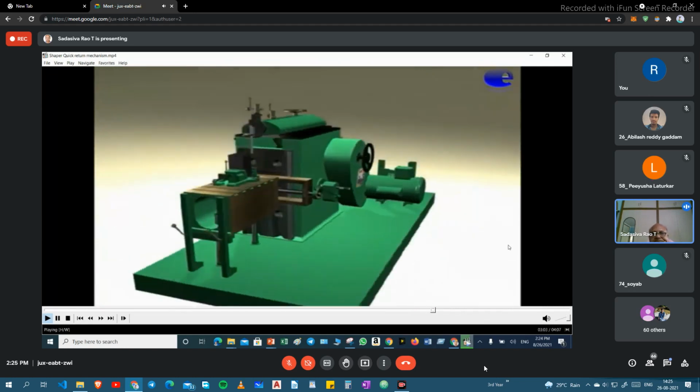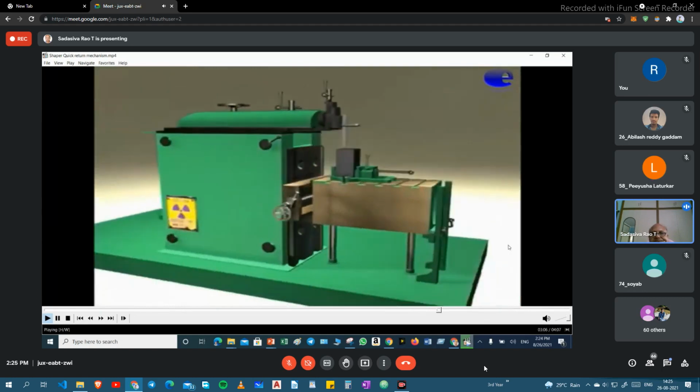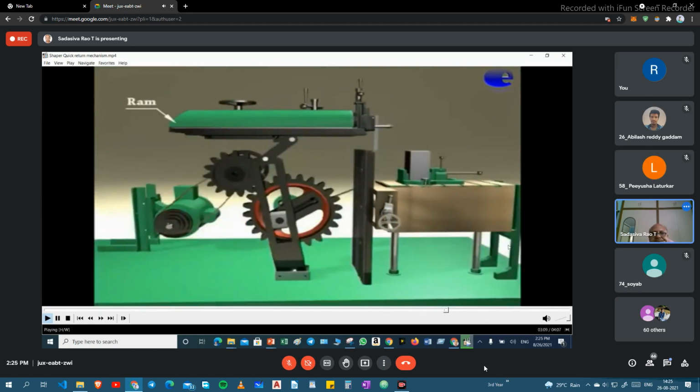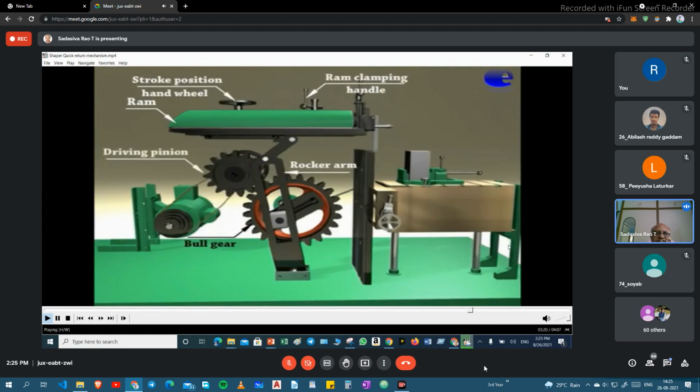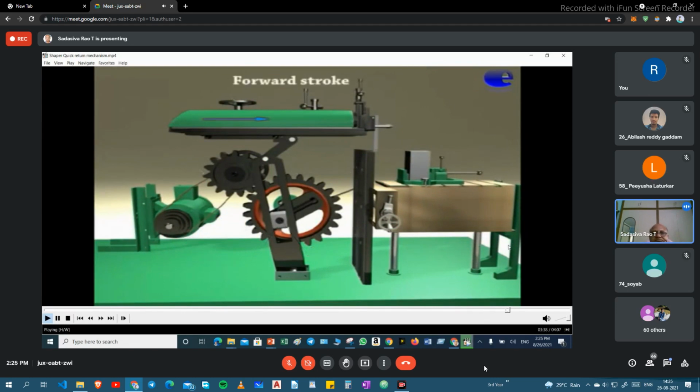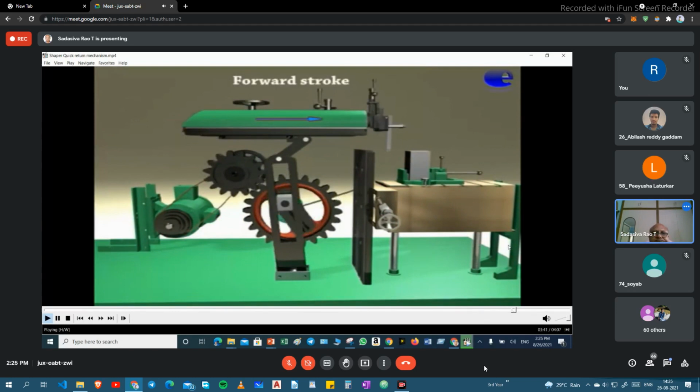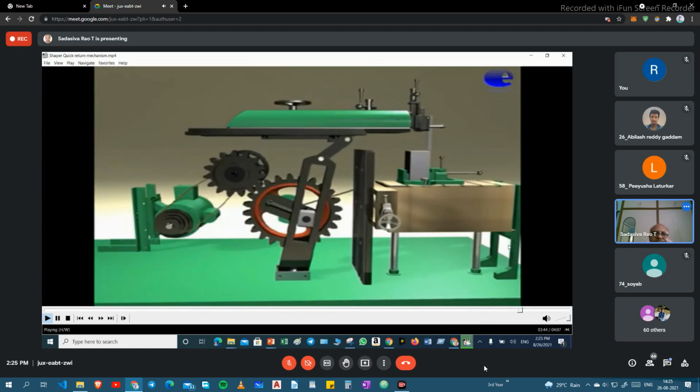The parts of the crank and slotted link mechanism are ram, stroke position hand wheel, ram clamping handles, rocker arm, bull gear, driving pinion, sliding block, crank pin, table, forward stroke, return stroke.